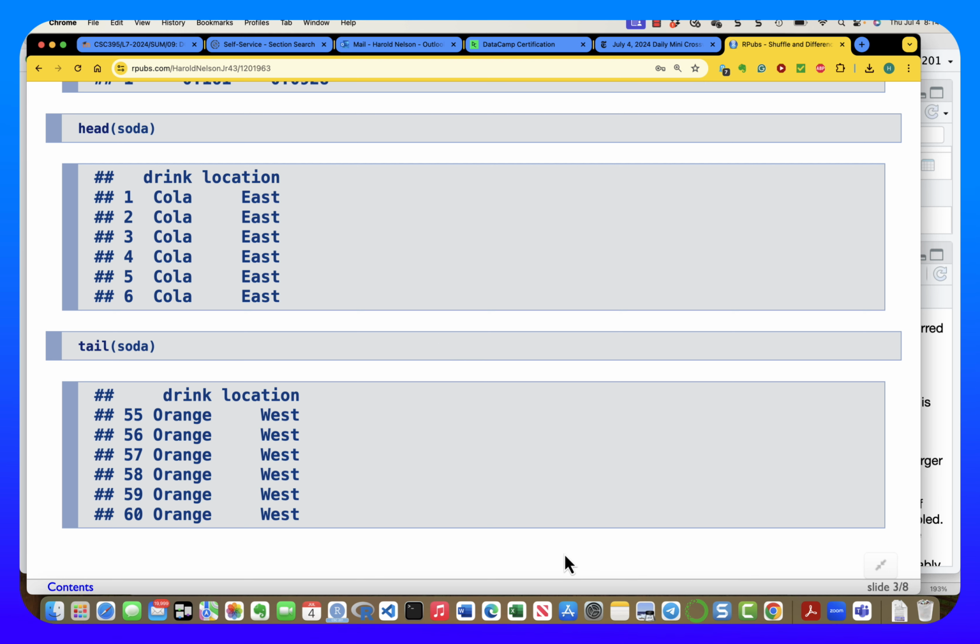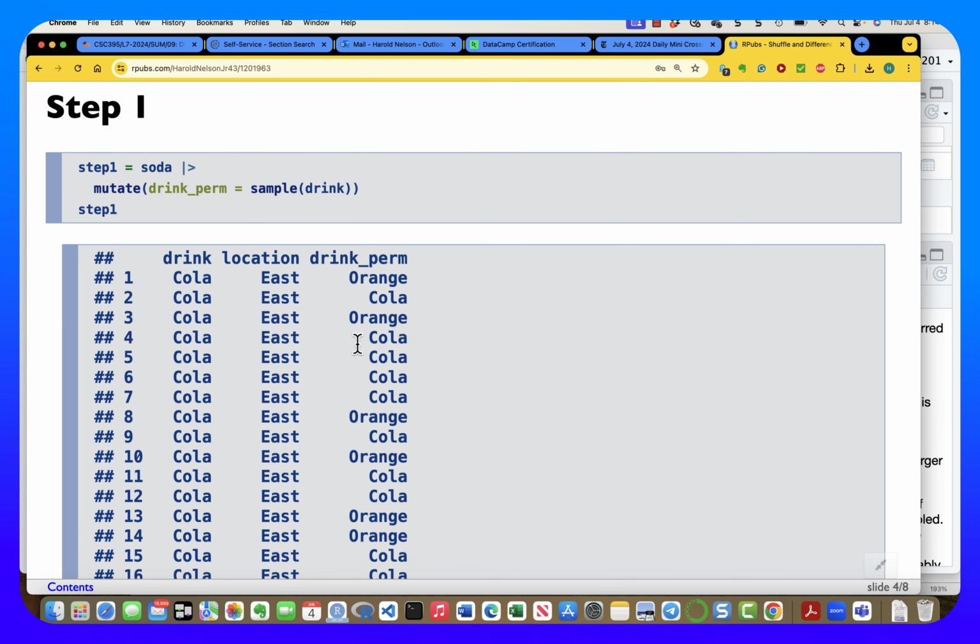So the first thing to do is create what I call step 1. It takes SOTA, and then it mutates drink underscore perm to be sample of drink. We'll talk in a few minutes about what sample of drink does. And then we look at step 1, and it's a data frame, and it has a new column, drink underscore